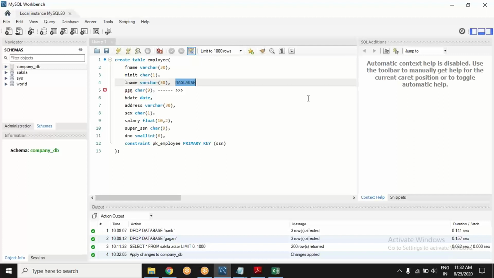If somehow it crosses the length, the rest of the data will vanish. It will not be taken. This data definition will not allow the rest of the data to come in. You are defining your data already, so it will not allow further data. Same goes for other things.